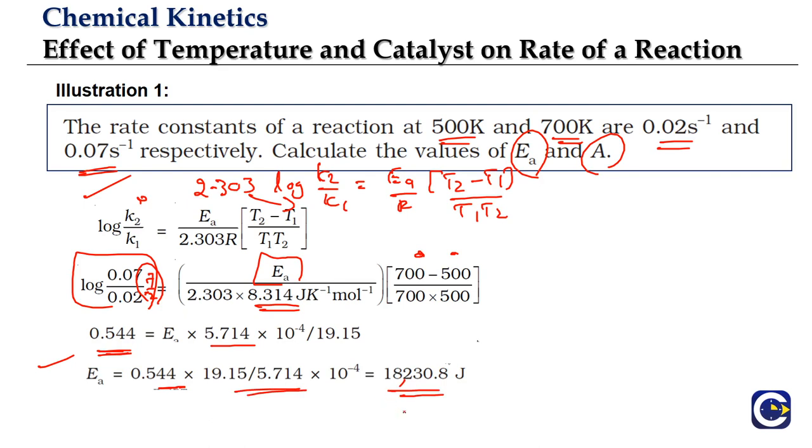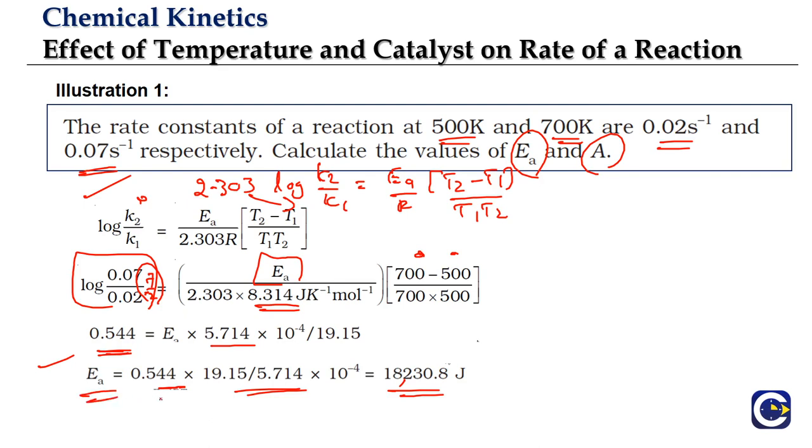If it is a complete examination, we can do some approximations and then get the answer, because if you see the four options, it is not like they will be 18,230, 18,210. We will not have options like that. If one option is given as 18,230, another will be some 14,000, another will be some 28,000. So we'll have a significant gap between them. So we have room for doing some small approximations and getting the answer quickly. Now we got the value of activation energy.